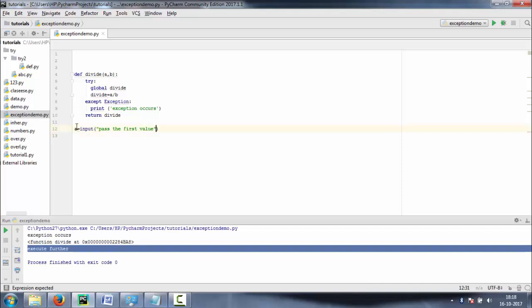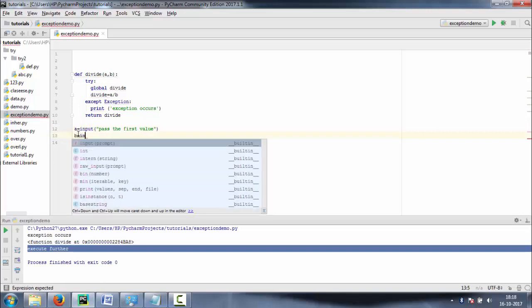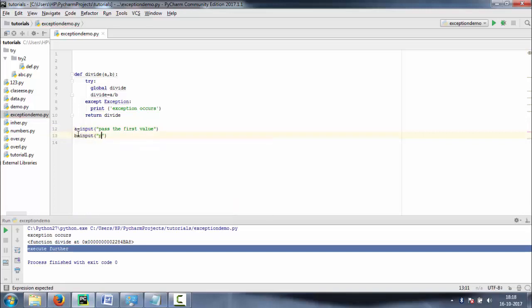Then we take b from the user, pass the second value. Now let's see about assertions.